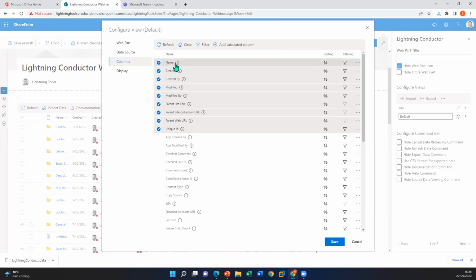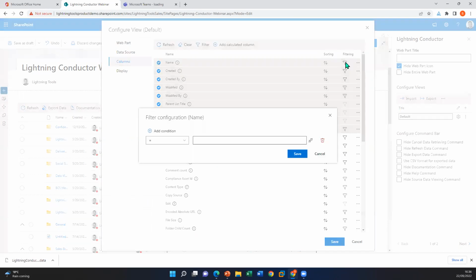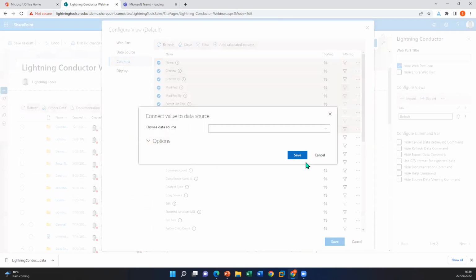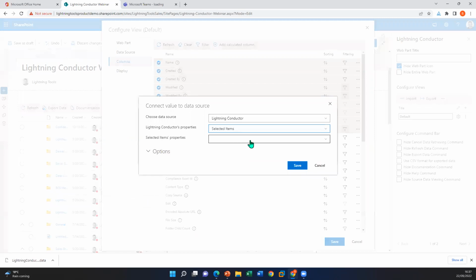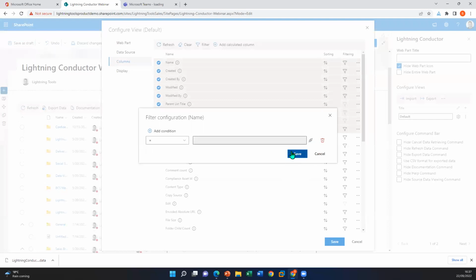I'm going to connect it on the name field. So we will hit the filter on the name column, and instead of saying the name is equal to and then typing in a file name, I'm going to use this web part connector, and we're going to choose the other instance of the Lightning Conductor, and we're going to tell it that from the selected item, pass through the name. So now we can save all of that,